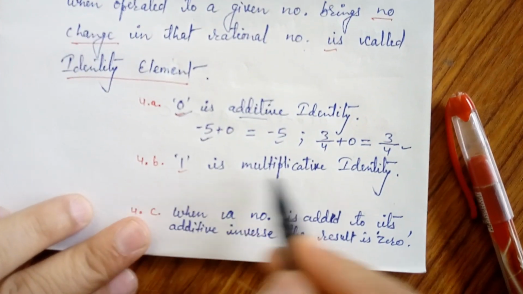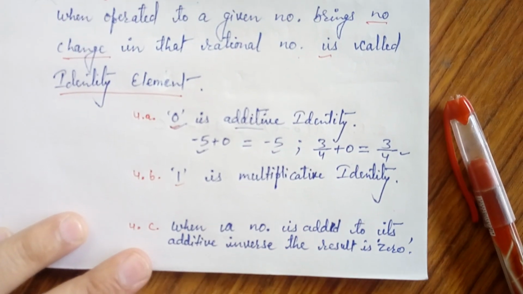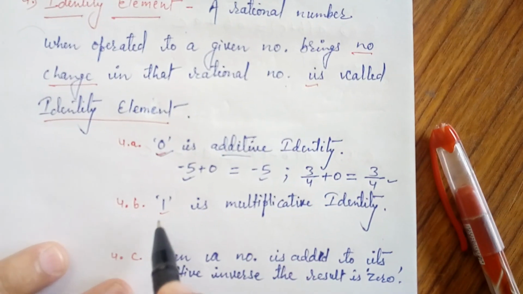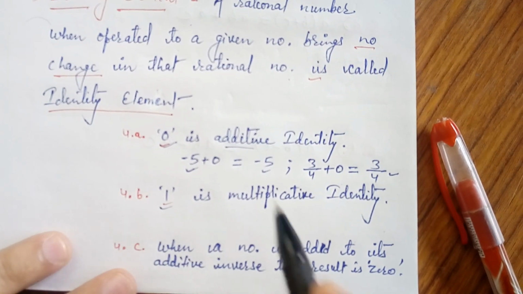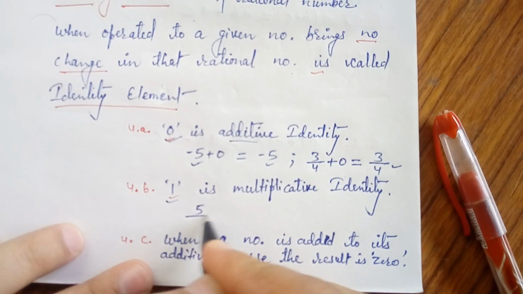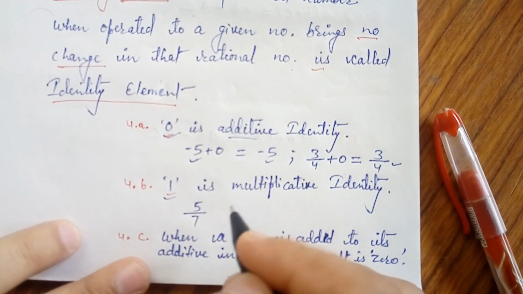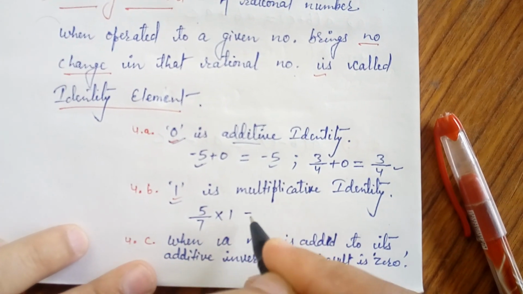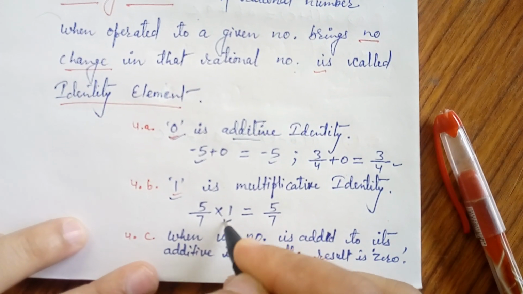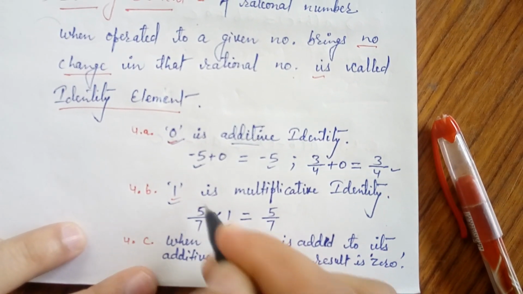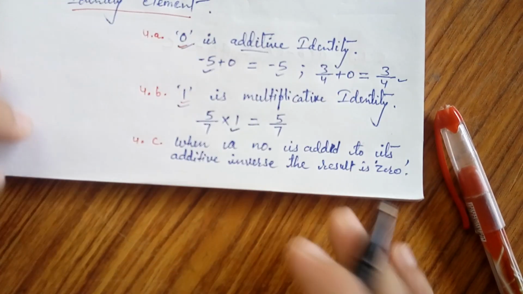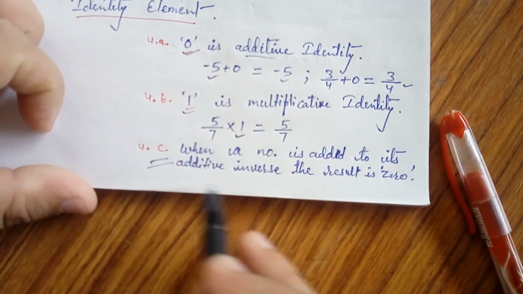Now 1 is the multiplicative identity. How is 1 the multiplicative identity? Multiplicative identity means when we multiply a number by 1, the answer will be the same number. Suppose 5/7 is a rational number. When it is multiplied by 1, the result is 5/7. So 1 does not change the value of 5/7 when multiplied by it. Now next property is additive